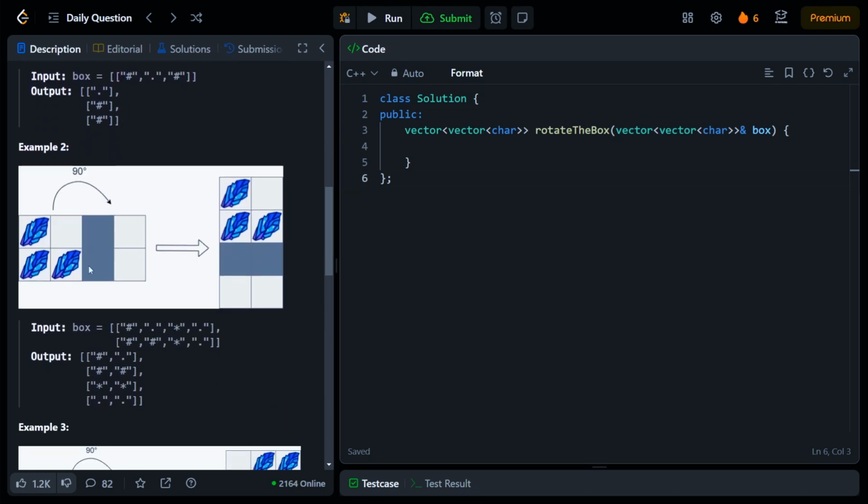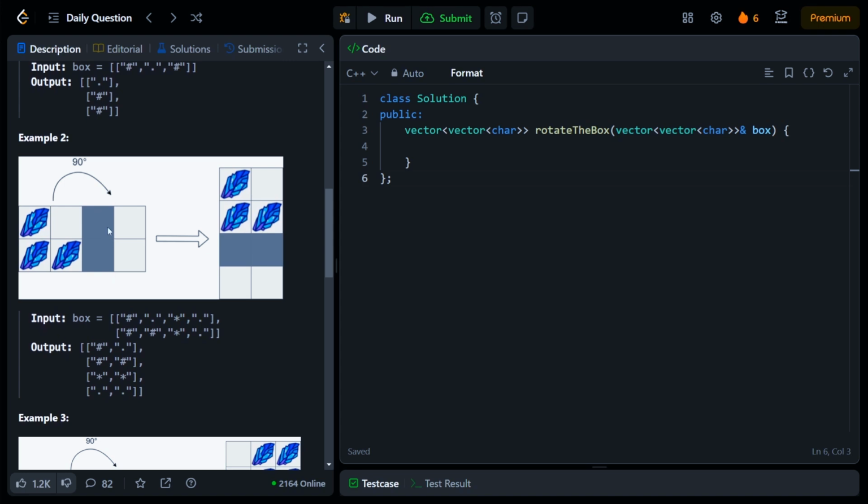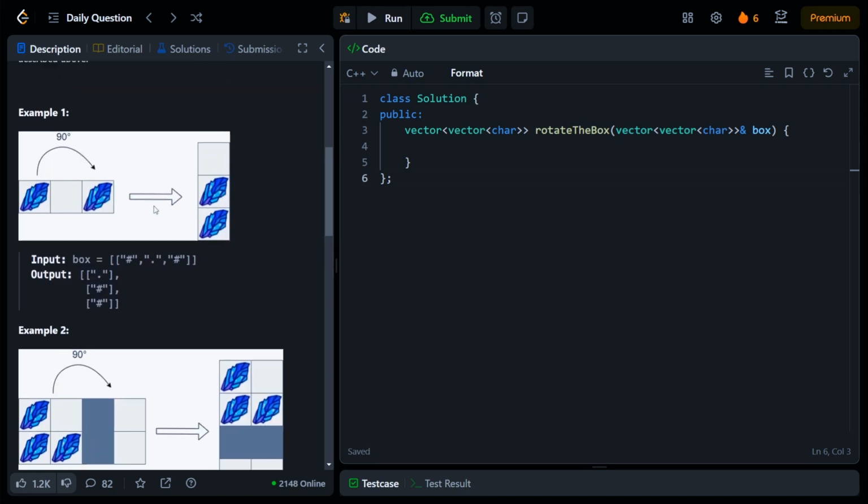And then we're given this box here. Now in this box we have two different cells. The cells are fixed. They will not go down once we rotate this box 90 degrees. So this fixed box becomes the end of the box, here. Like you see,